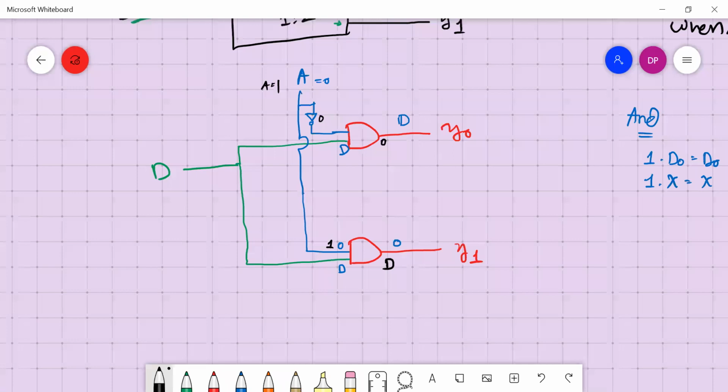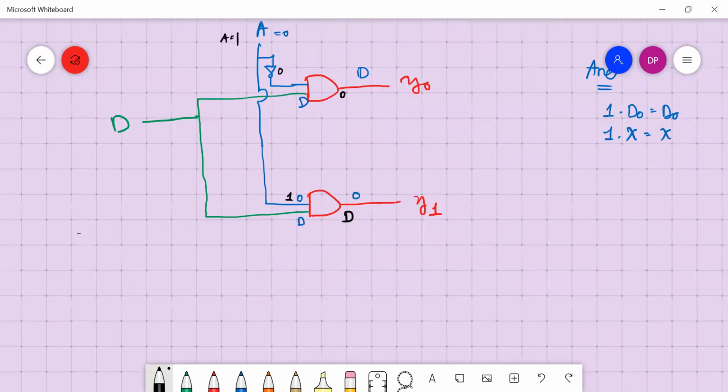What is the expression for Y0? Let me put it in truth table format. You have D, you have A, you have Y0.